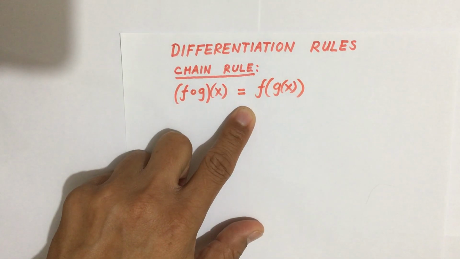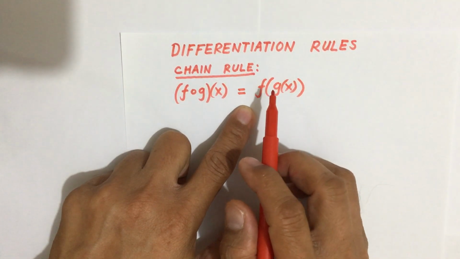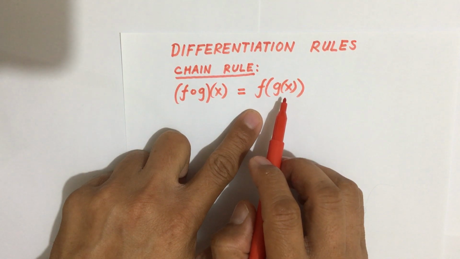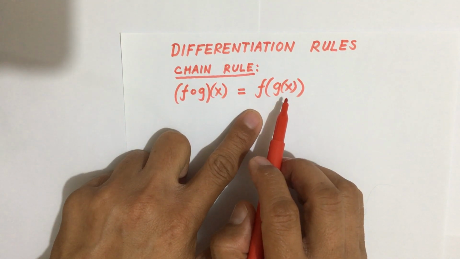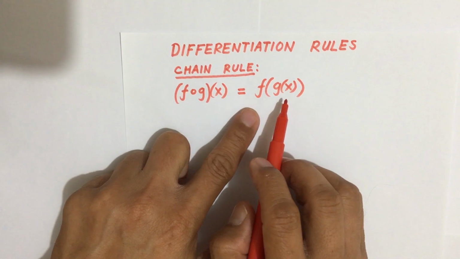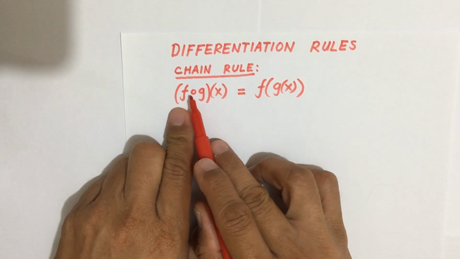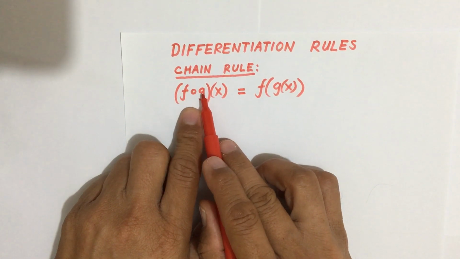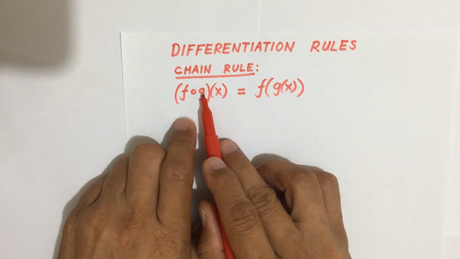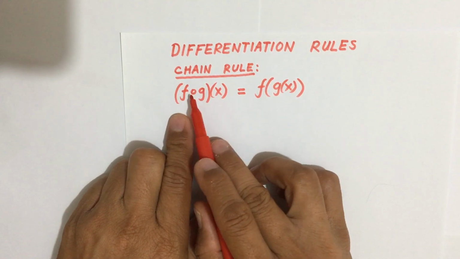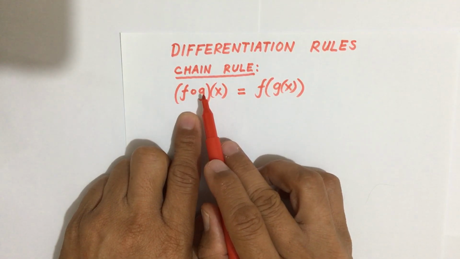Take note that the condition here is that if a function g is differentiable at a number x, and a function f is differentiable at g of x, then this composite function of x, of these two functions f and g,